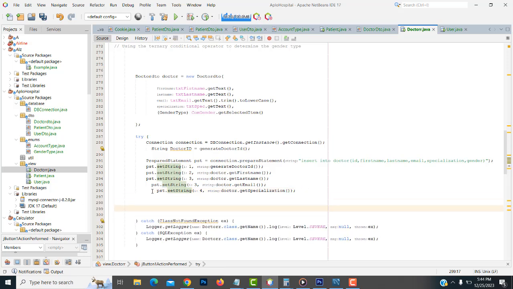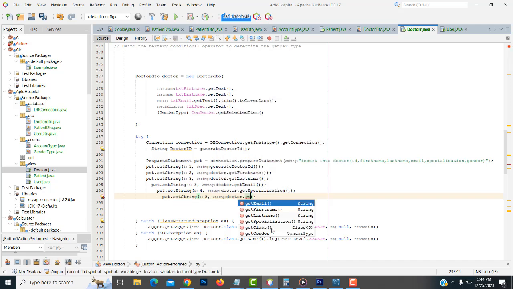Fifth one is doctor get gender, get gender